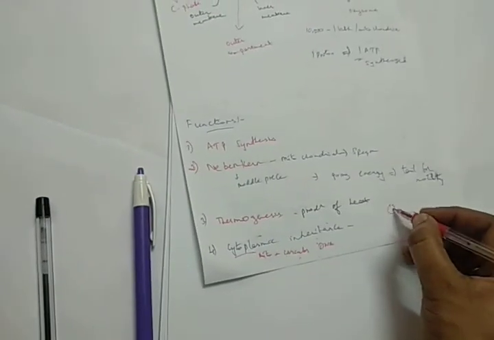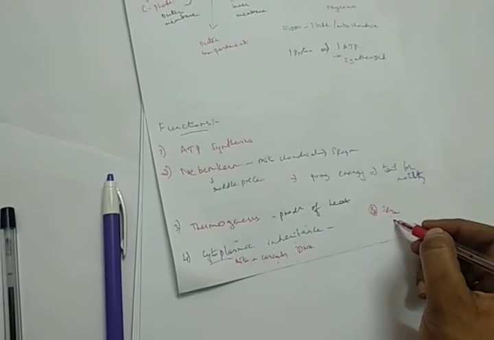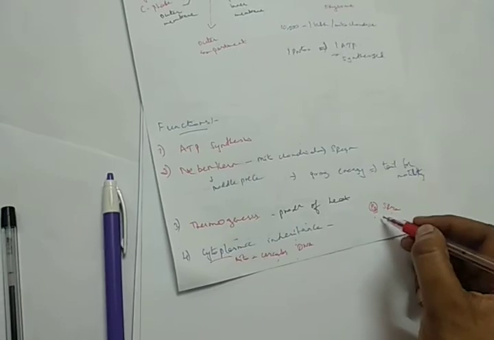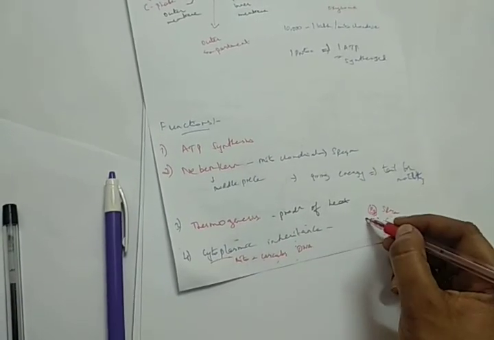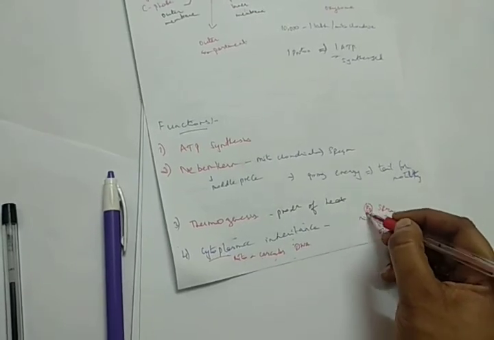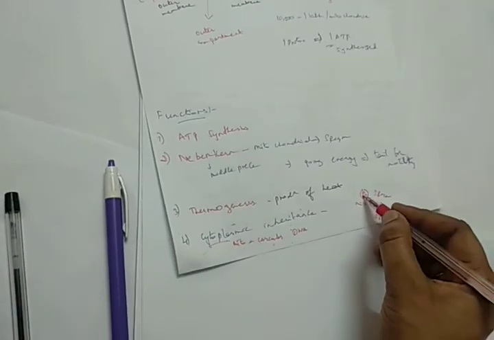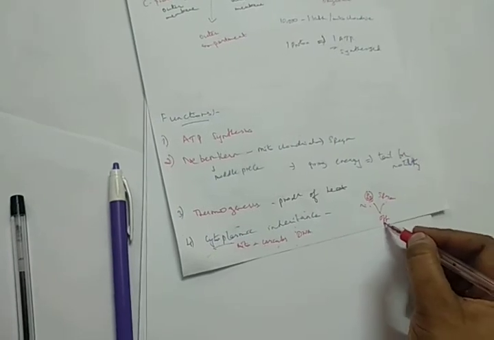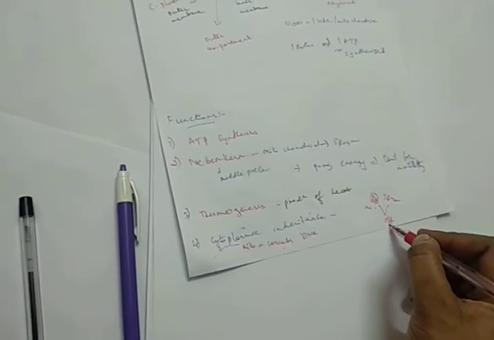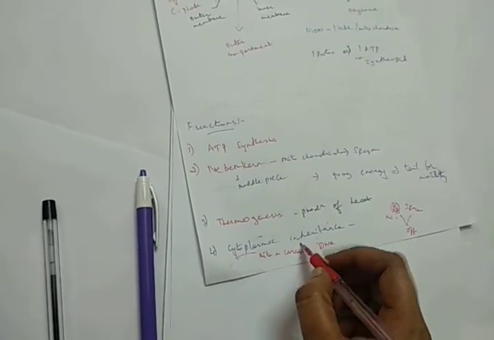So for example, consider this as the egg and this as the sperm. The sperm does not have cytoplasm, but the egg has cytoplasm. So when there is a formation of the offspring or a zygote, the mitochondria are received from the egg region, that is the cytoplasm. The egg's cytoplasm transfers the mitochondria to the offspring. So you call it cytoplasmic inheritance.